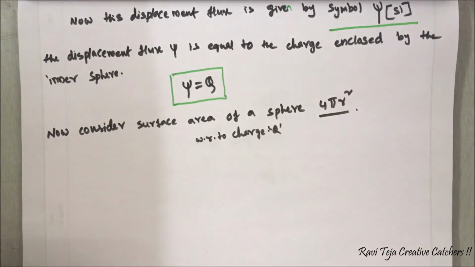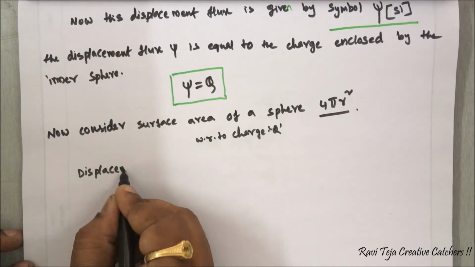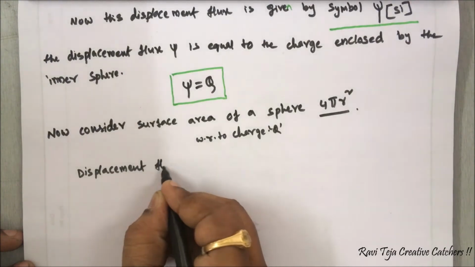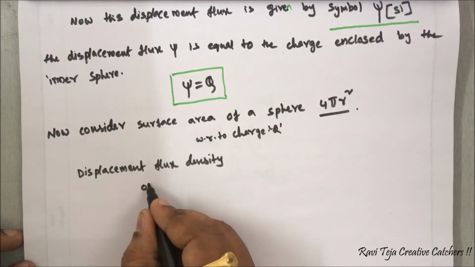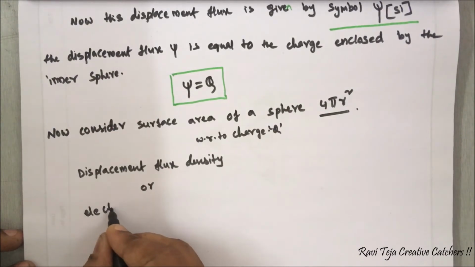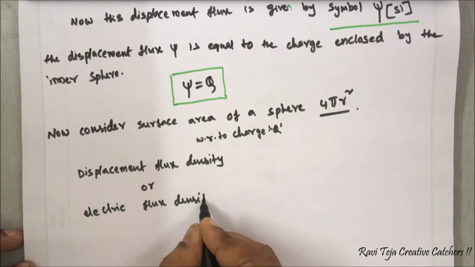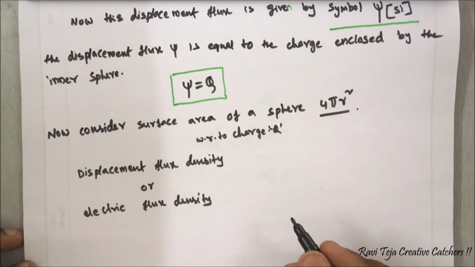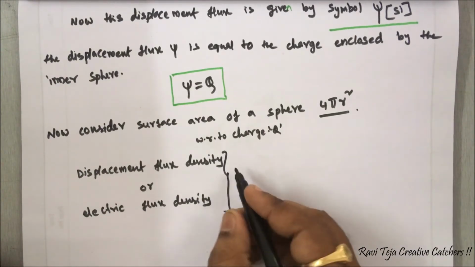If we are considering a surface area of sphere with respect to charge q, we can consider it as displacement flux density or electric flux density. We can call it like this. So surface area of a sphere with respect to charge, we can call it as displacement flux density or electric flux density. So it is given by